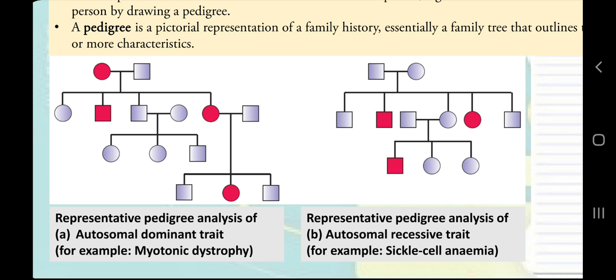I am simplifying these things for you: for class 12th biology NCERT, there will be only X linked recessive. So for sex linked, you need not bother about the X and Y chromosome, only the X chromosome, and in your syllabus there will be only X linked recessive. So when I say that any character may be sex linked, it will be X linked recessive for you. You need to differentiate only between autosomal dominant and autosomal recessive.